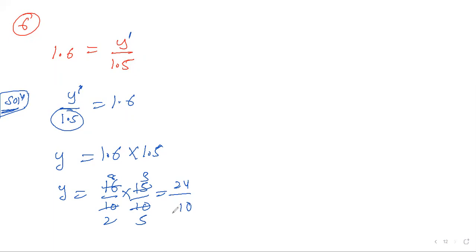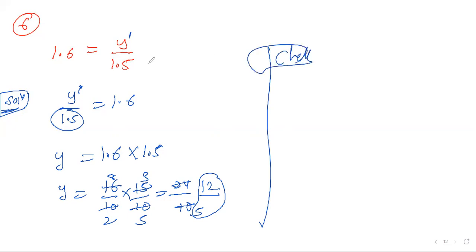So am I clear, right? The value of y is 24 by 10, but further simplification is possible, right? 2 fives are 10, 2 twelves are 24. The answer is 12 by 5. Okay, 12 by 5. y is equal to 12 by 5. To see if your answer is correct or not, you can go for the check process. You can do it out. I don't want to waste my time, as in the previous problem.